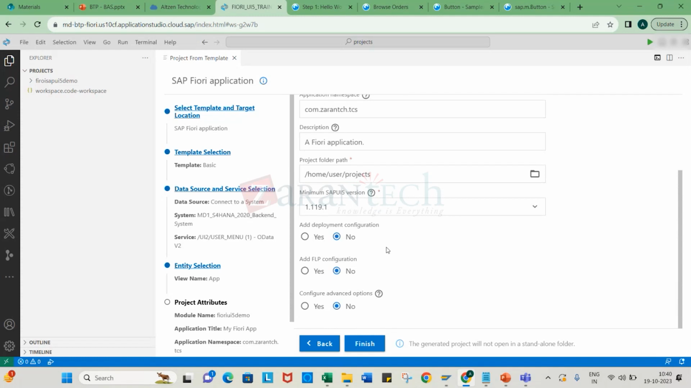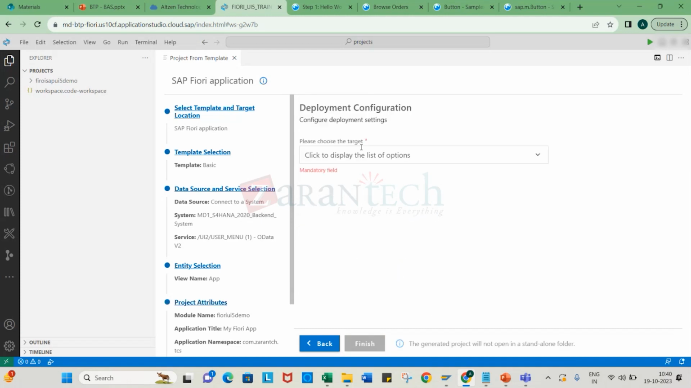Now see, deployment activity and all, FLP, which means Fiori Launchpad things, we are not looking at right now. We will discuss deployment and configuration part maybe at a later stage, not now. But see what happened, if I select yes, I'm just showing you for an idea what will come here. It will ask for your deployment configuration. So if you are in your ABAP system, like if you are in an S4 system,